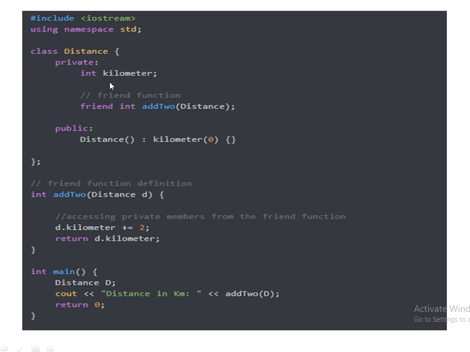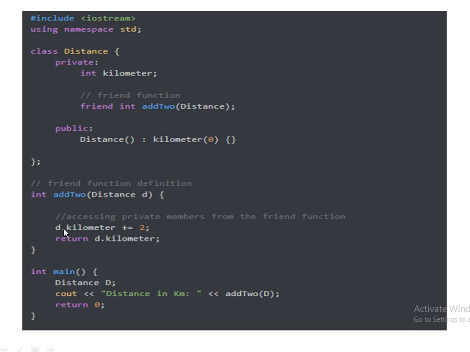Next, this is one program related to friend function. Here is an integer kilometer. This is a private member that can't be accessed outside the class, and distance kilometer is assigned 0. There is an integer add to. This add to is a friend function of class distance, so it can access the kilometer parameter.